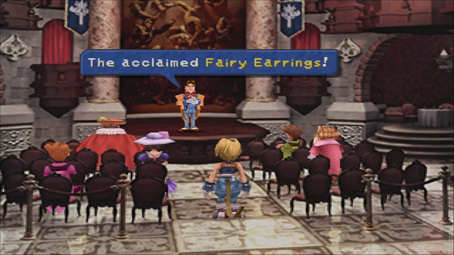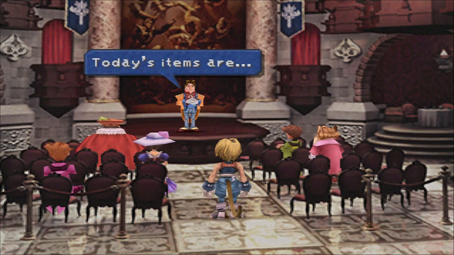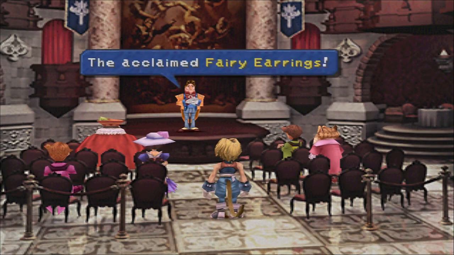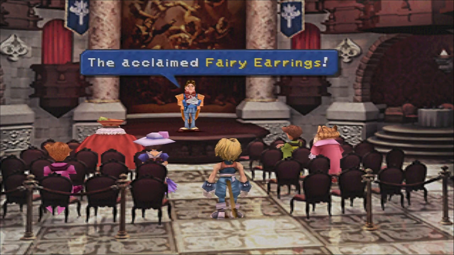Mini Sid, fairy earrings, Dane's ring, reflection. They're getting crap. They're not changing. I have to resell the items. I would do it with save states though. Yeah, these are not changing, so